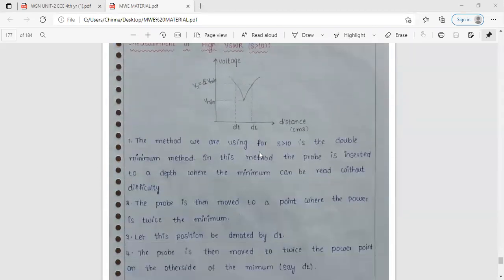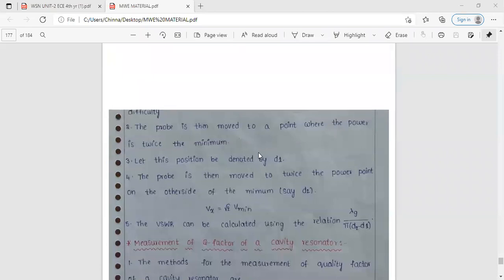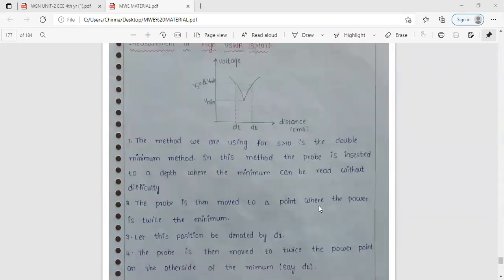And the measurement of high VSWR. Here also you are using the same bench setup, somewhat different, and here the slotted line section will be moving. We can obtain the successive maximums. Successive maximums means once we obtain the maximum value V maximum, the next V maximum will be obtained, and the distance will be noted down here, D1. D2 is for the successive minima, where the successive minima will be obtained, that will be noted down here.